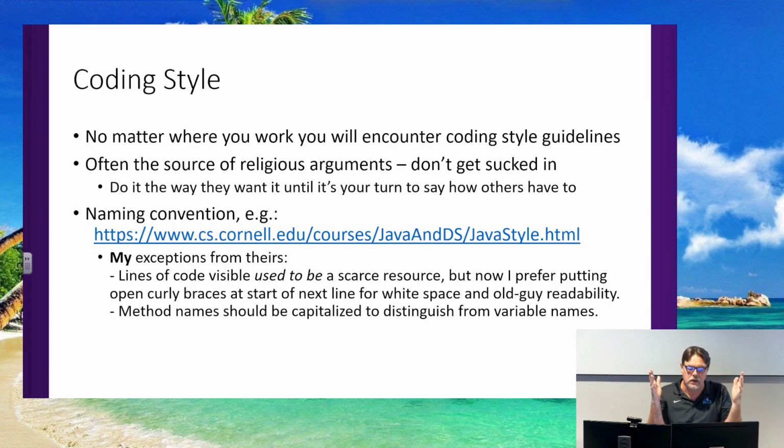And so a lot of how we named things would indicate things about what we were naming. For a function name, we would start with a capital letter. A variable name, we would start with a lowercase letter or some other notation like that. So when you see these naming guidelines and coding style guidelines, that's where a lot of that comes from, the idea that when you're reading your code, you can infer some meaning about it by how it's named.